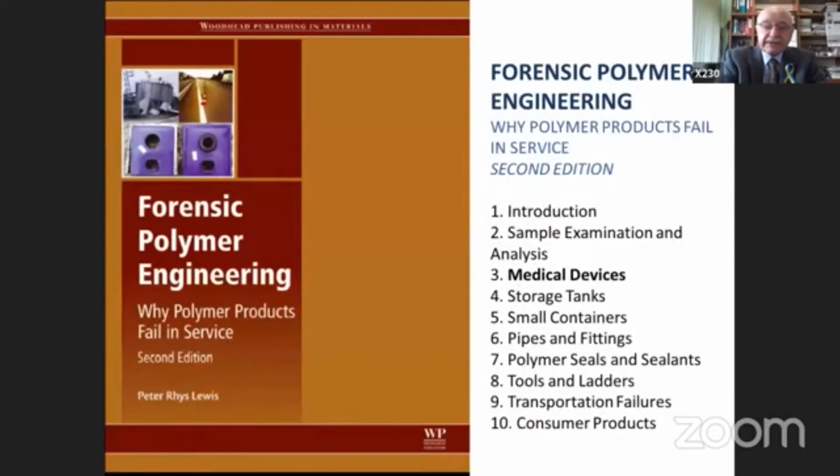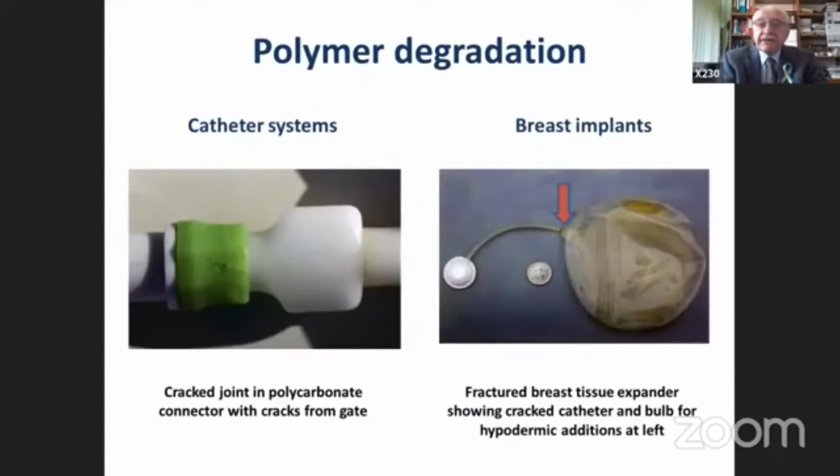due to specific reasons. So in the second edition of this book concerning classical forensic polymer engineering, Peter Lewis extended the examples of failures also to other areas, mainly medical devices, because several examples of such failures had very strong consequences regarding social applications. One of the examples concerning medical applications of very simple polymeric devices is on the left side of this slide. As you can see, a small crack in the polycarbonate connector could really have very bad consequences during the